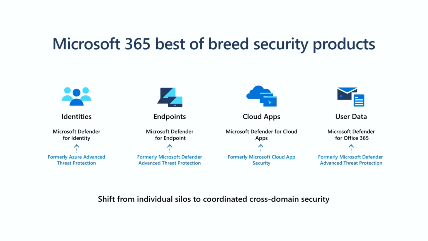Microsoft Defender for Cloud Apps, that was previously known as Cloud App Security. That is the Microsoft CASB product. CASB is just an industry term for Cloud Access Security Broker, but that is the Microsoft solution there. So protecting your cloud apps, giving you different session controls, looking for anomalous behavior and being able to execute policies and detections based on that.